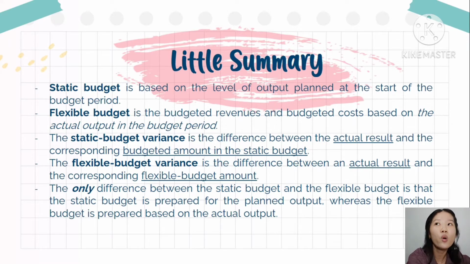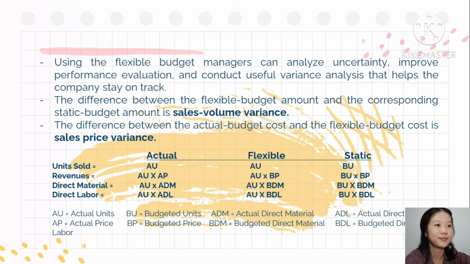The only difference between the static budget and the flexible budget is that the static budget is prepared for the planned output, whereas the flexible budget is prepared based on the actual output. Using the flexible budget, managers can analyze uncertainty, improve performance evaluation, and conduct useful variance analysis that helps the company stay on track. So the flexible budget is usually used when